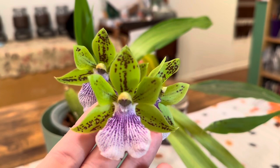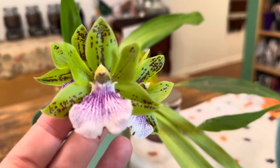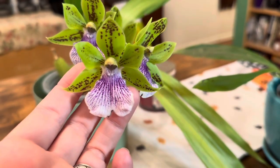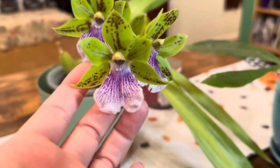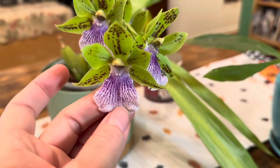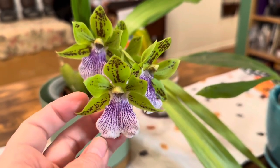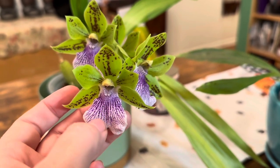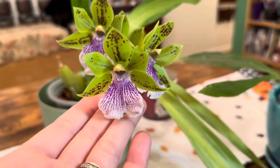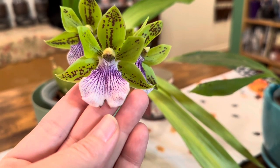But let's look at these flowers. So we've got bright green petals and sepals with beautiful dark brown spotting all around, and then this white lip with a cascade of dark purple veining, or like a waterfall look. It reminds me of the Miltoniopsis, and some Miltonias have that waterfall look on their lips. So a lot of the Zygopetalums have that look to it, and maybe there's more official industry terminology for it,